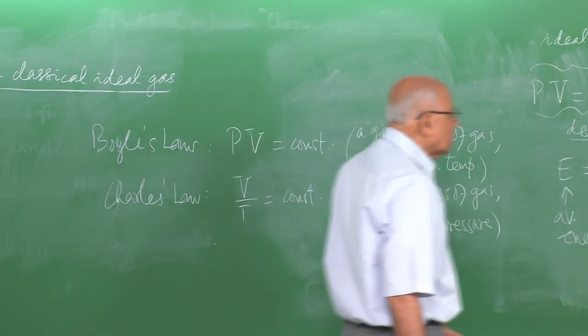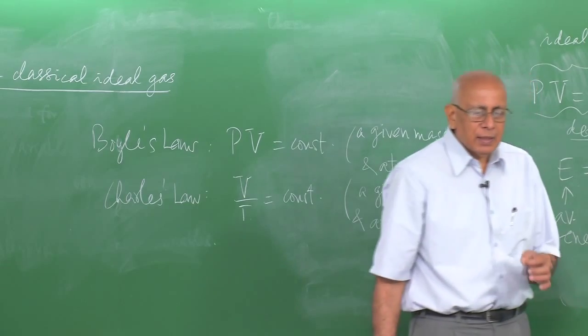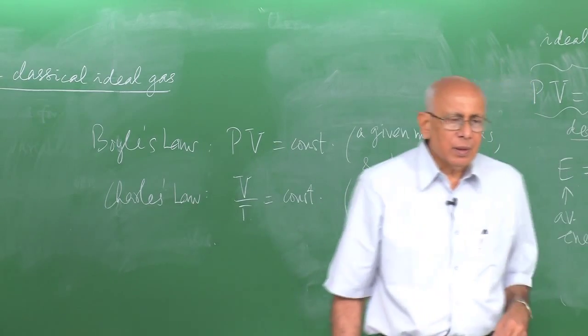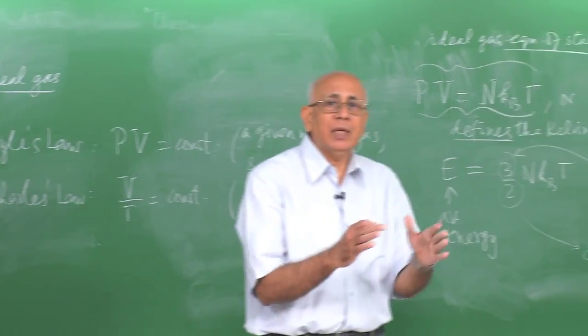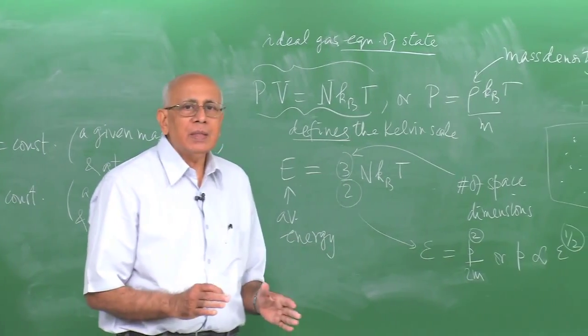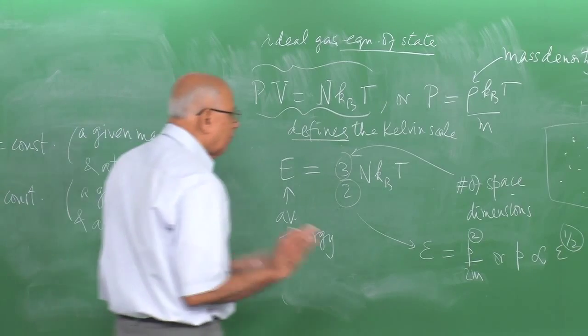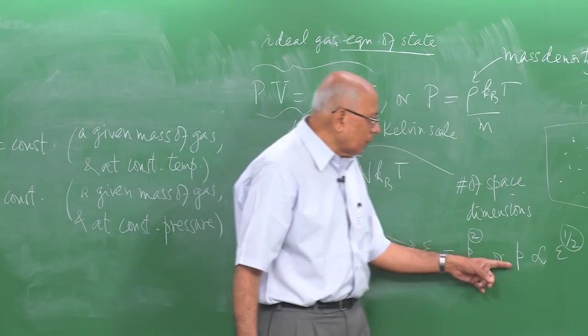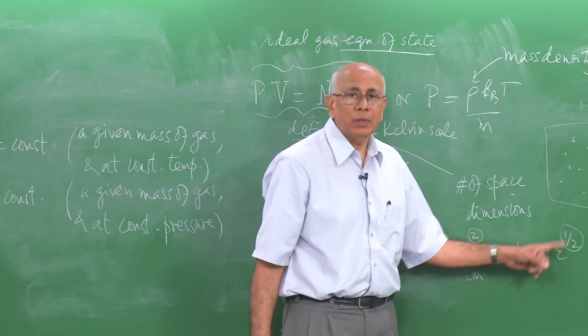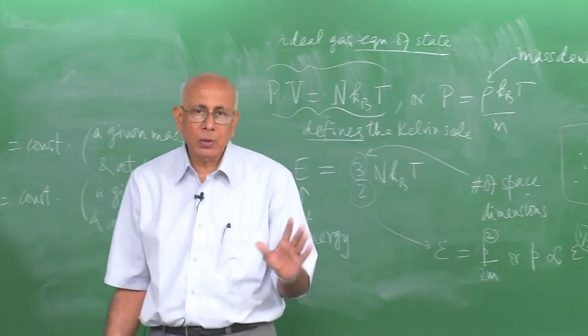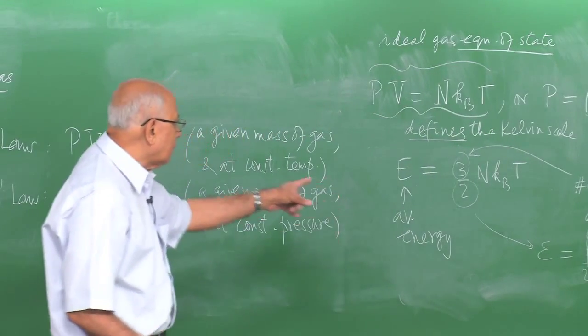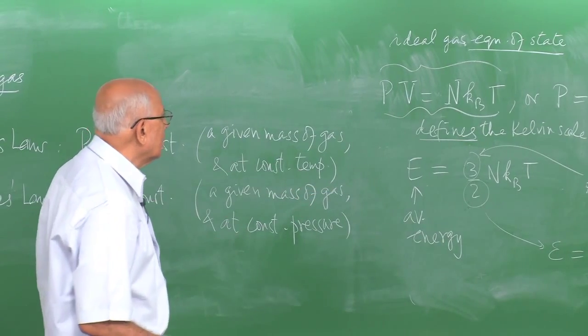So even though this looks like an arbitrary statement, the statement made in elementary treatments which says that the average energy per degree of freedom is half kT, called the equipartition of energy, it really comes from the fact that the momentum is proportional to the square root of the energy. So that is the half that reflects itself here.